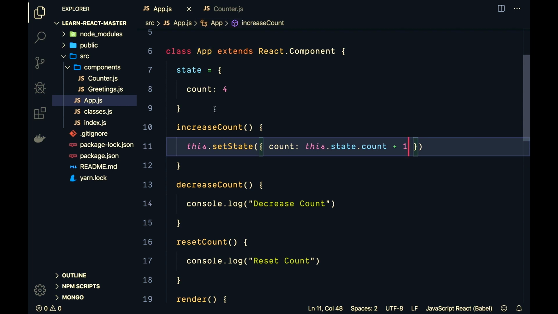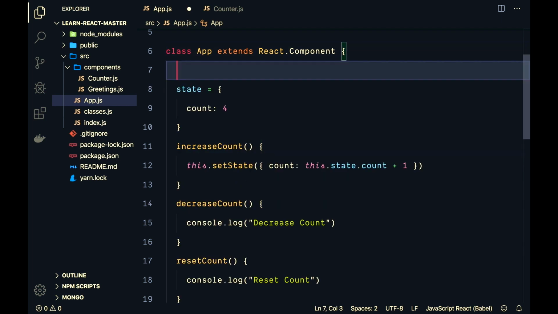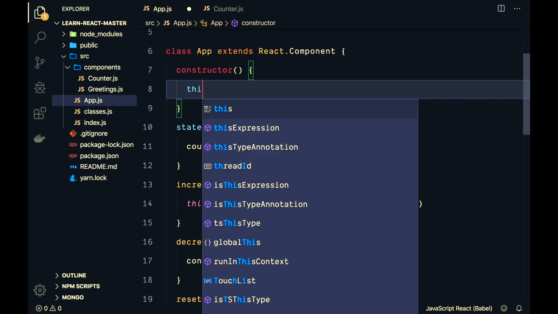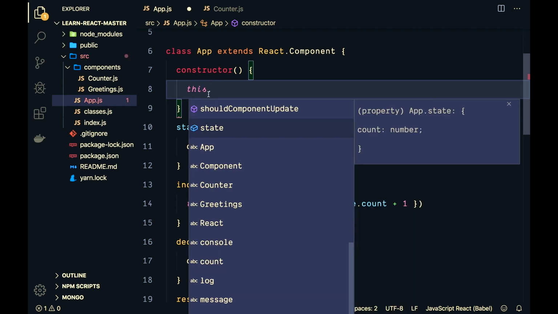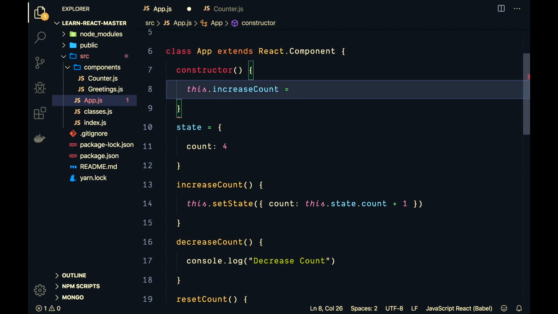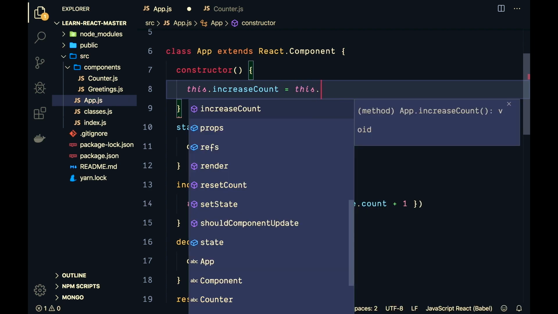So to fix this, we first have to set up a constructor function right at the top of this component. So constructor, and then in here we can go ahead and bind all those methods to this parent component, which is app. So to do this, I'm going to say this dot, and this keyword is referring to the app, and then to access one of its methods we can say this dot increase count and set its value to this dot increase count